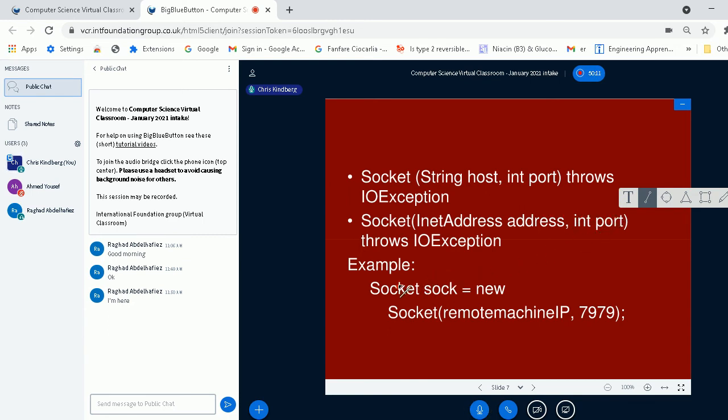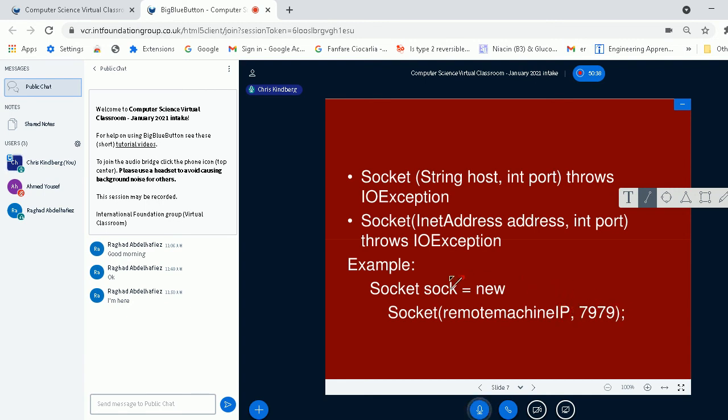So here's an example of how you begin to set up communications between one machine and another. You have something called sock, and that's a socket. It's a socket object, which results from creating a new object from the socket class by specifying the remote machine's IP address and a port number.